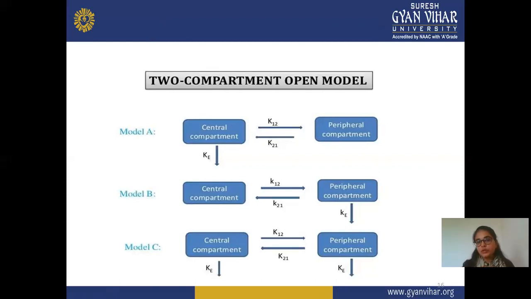And in model 2, the drug passes from the central to the peripheral compartment, and again comes back to the central compartment only for reabsorption, but is not eliminated there. In this, the drug is eliminated only through the peripheral compartment, not through the central compartment. Only the peripheral compartment is involved in model B, and in model A only the central compartment is involved. And in model C, the drug goes from central to peripheral compartment and again comes back to the central compartment for reabsorption, and elimination takes place from both the central as well as the peripheral compartment.